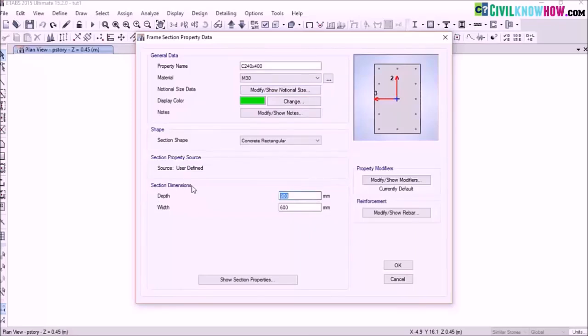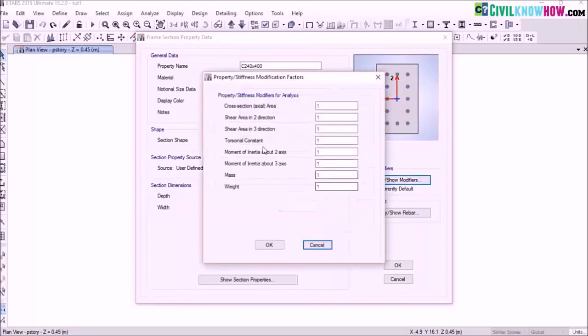And here we have to assign the section dimensions of the column. So my depth is 400 and the width of the column is 240 mm. And after assigning the dimensions, go to the property modifiers to modify a property. So here change the torsional constant from 1 to 0.01 and the moment of inertia along both axes from 1 to